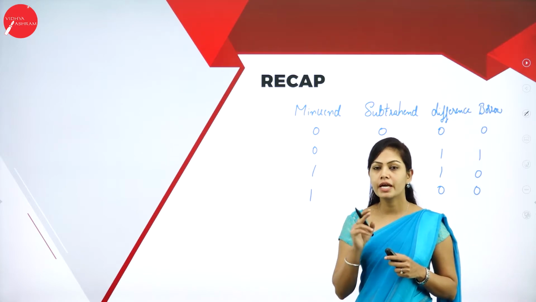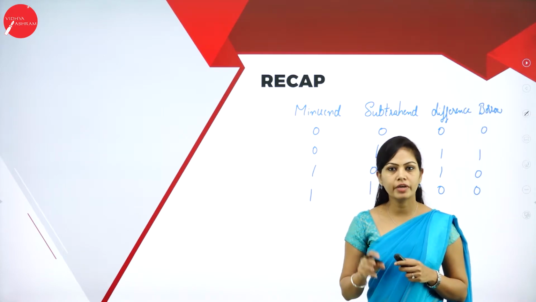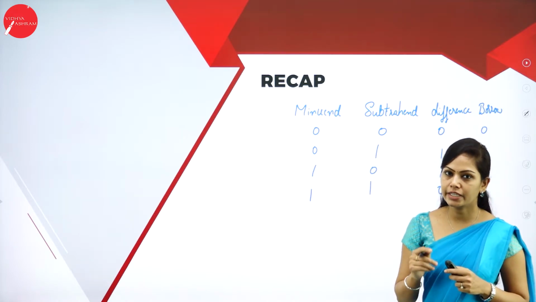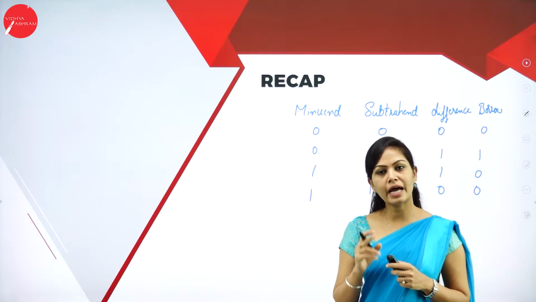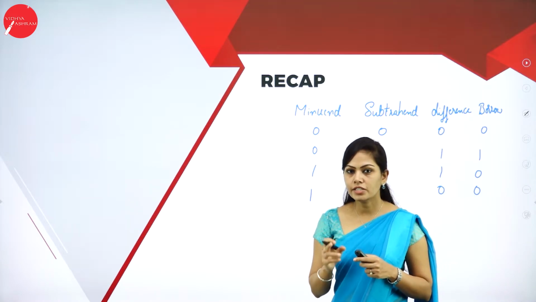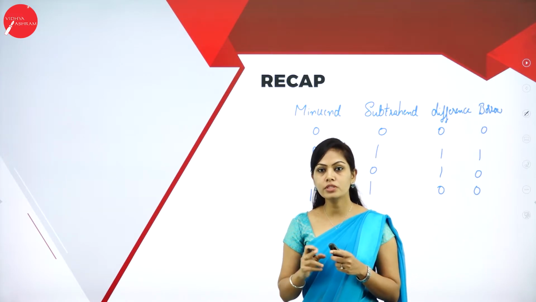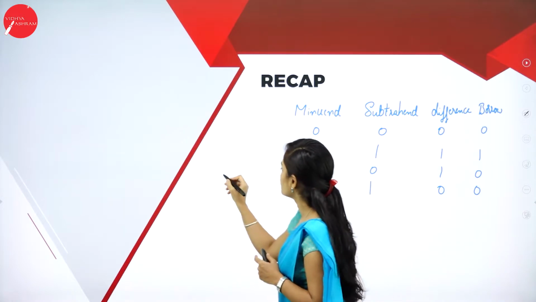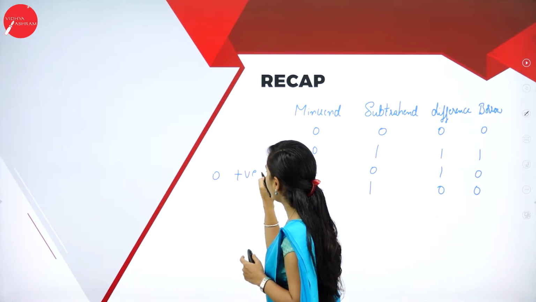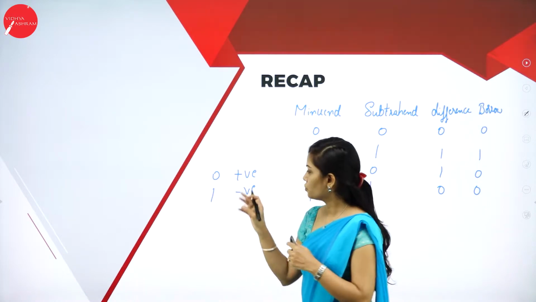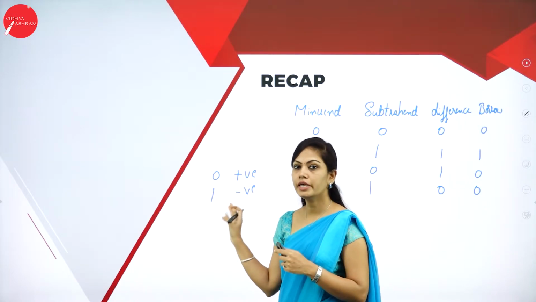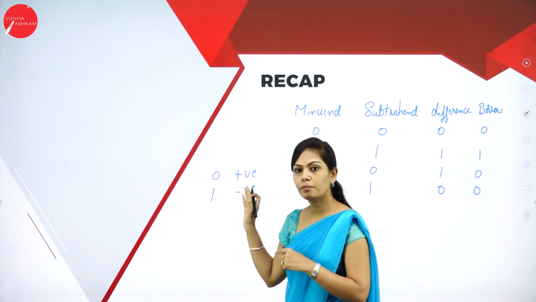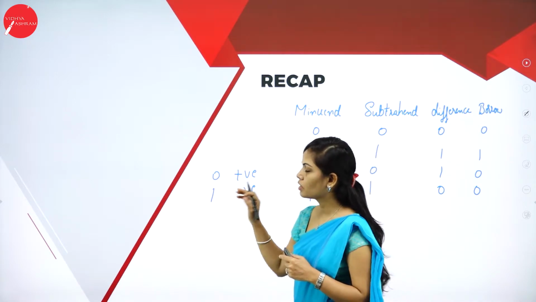And also I have discussed representation of signed integers. We have three methods for performing data representation, that is signed integers method and 1's complement and 2's complement method. A signed integer is an integer that can be both positive and negative, and the sign value will have 0 for positive and 1 for negative. So I explained this signed integer method. If a signed integer value is positive means it will represent 0. If your sign value is negative means it will represent 1.